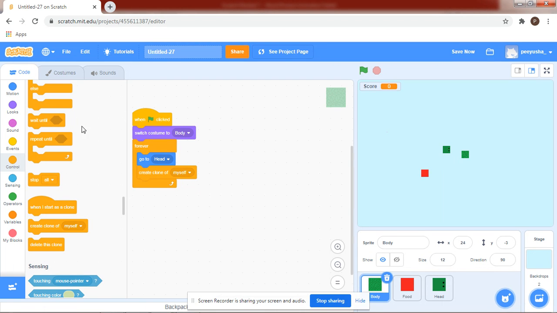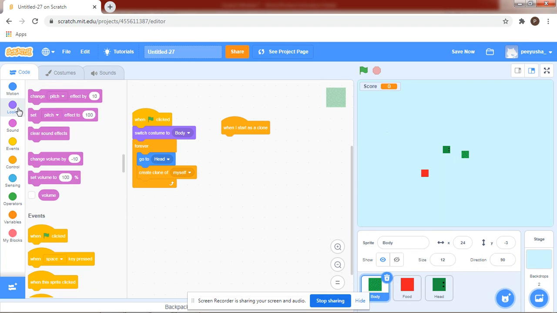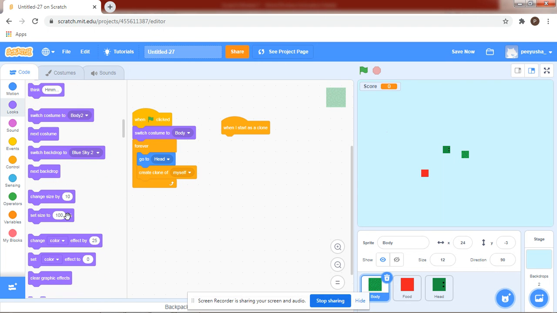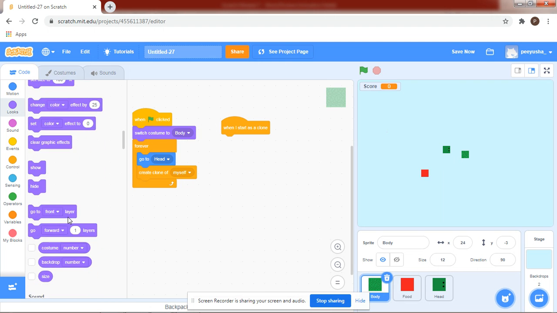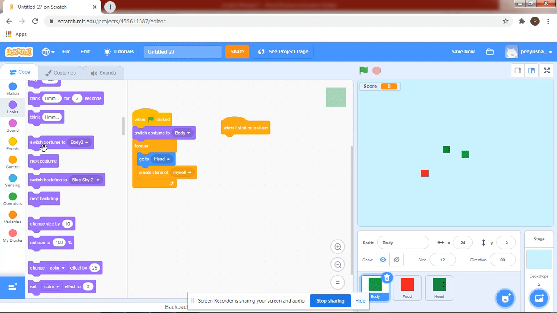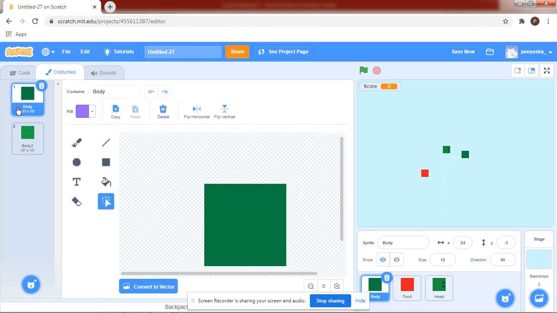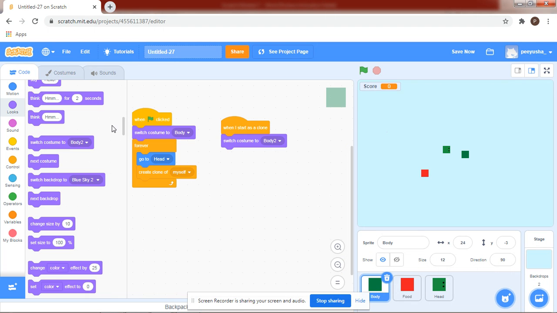Okay, but when it creates a clone of itself, which is when I start as a clone, it is going to switch its costume, for which I'm going to go to looks and drag and drop switch costume to body 2. Body 2 is the other costume that we have. Okay, we accidentally programmed. Okay, no problem. So when I start as a clone, switch costume to body 2,